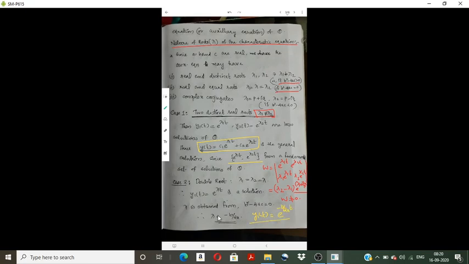Now in order to find the general solution, we have to get another solution which is linearly independent of y1. The method for finding another linearly independent solution when one solution is given, we will discuss in later sections, so I am not discussing that method here. Here we can just say that the second independent solution will be of the form y2 of t equal to t into e raised to lambda t.